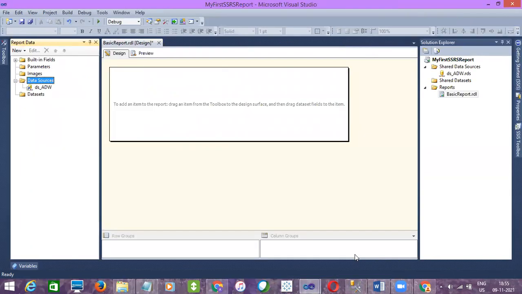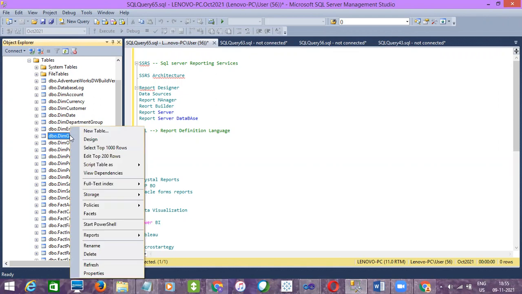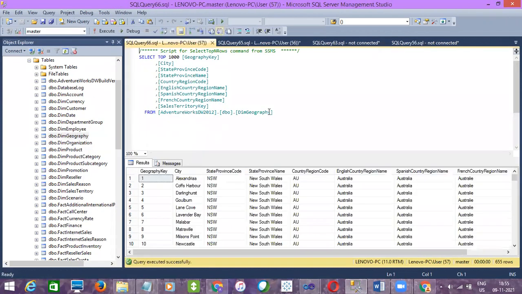So now what I'm going to do is create a report for the DimGeography table. I'm going to use this table for my reporting. So let me copy the query. Here I'll just remove top 1000. Why? Because it will retrieve only the top 1000 records. As of now, we have only 655, but make sure you do not use top 1000. And then as I told you, always use WITH (NOLOCK).